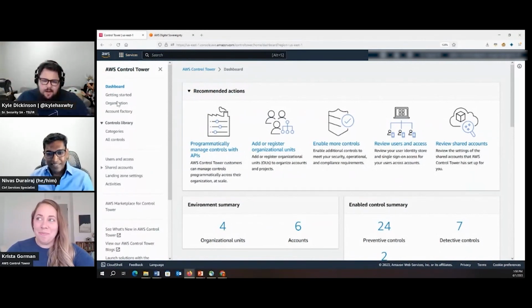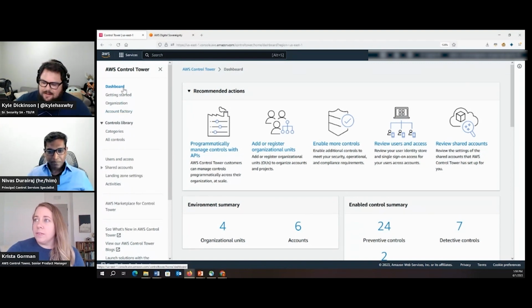And then also just real quick, for those that are not familiar with the region and availability zone concepts, at AWS, a region is a geographic location. So for example, we have a region in North Virginia where the availability zones, also known as AZs, are multiple locations within that region. So AZs make a region, and a region is a giant geographical area. So just really quick plug. Yeah, good refresher. Thanks, Kyle.